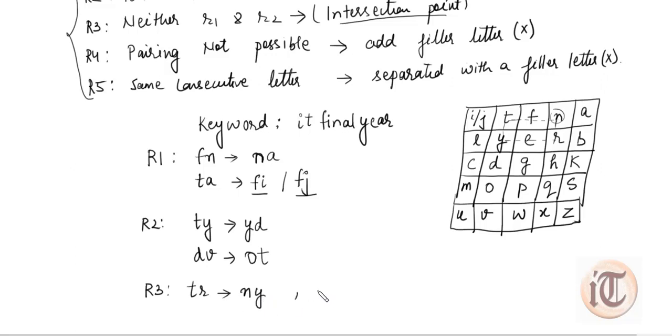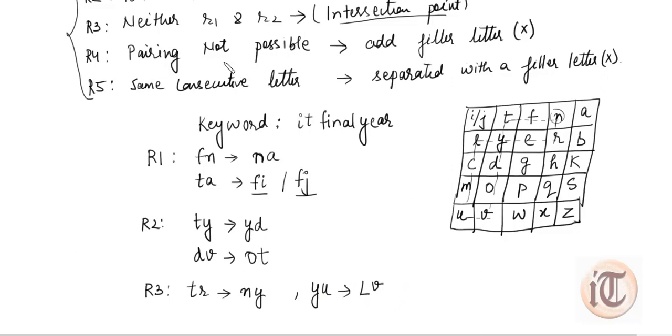Now one more example: suppose you have the letters Y and U. Now check it out. Where is U? Y is here and U is here. So the intersection point is like this. Just check it out. So for Y, in the same row, the ciphertext will be L, and for U, the intersection point under the Y is V. So for U, the ciphertext will be V. So this is how we follow rule 3.